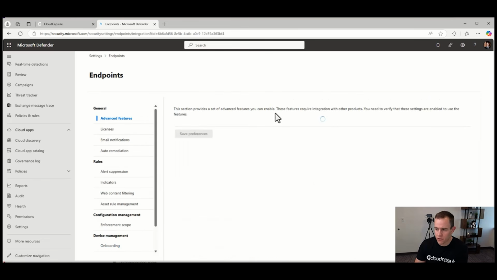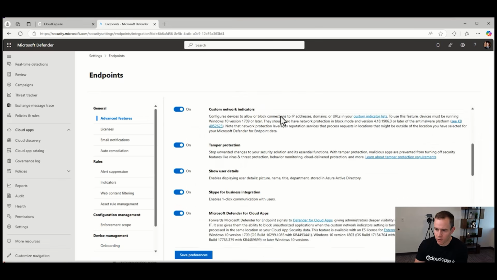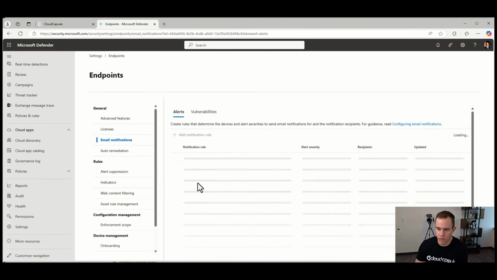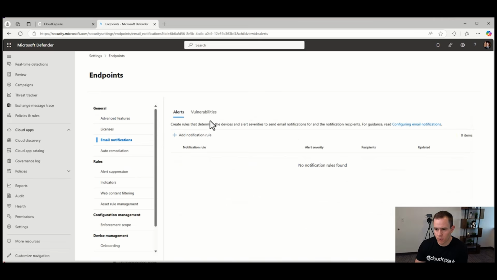Within the advanced features though, if you come in here, you can scroll down and turn on this Microsoft Intune connection. Make sure this is turned on and click on Save Preferences. This will activate the connector that I'll show you next in Intune. And then the only other thing that I typically do and recommend within here is in the email notifications,